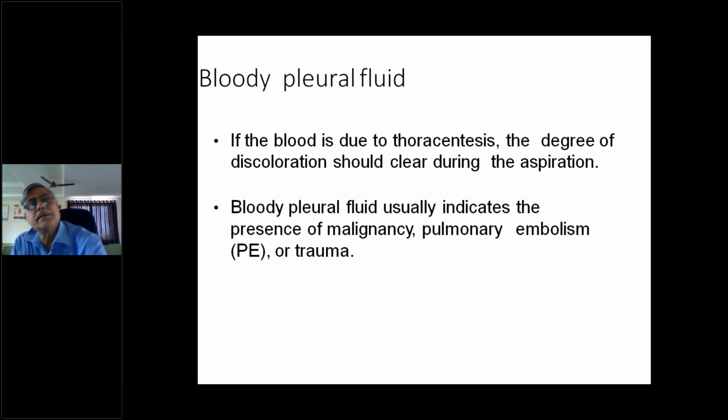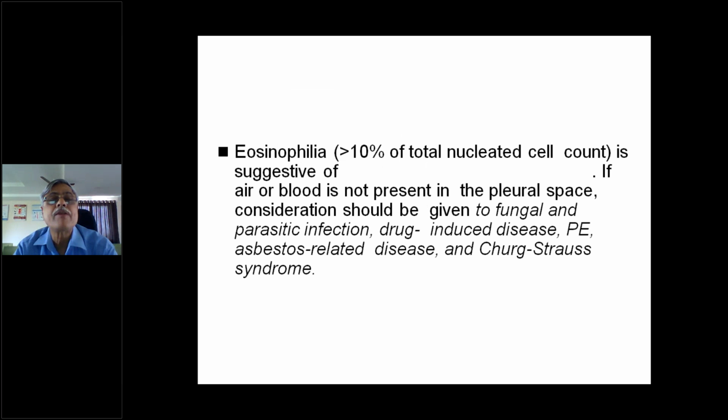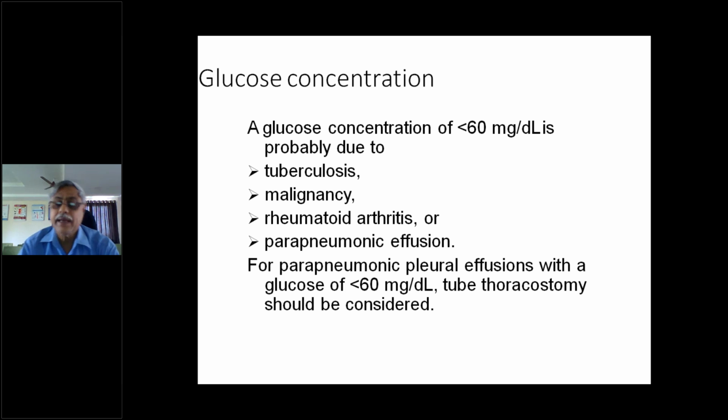So of course, here bloody pleural fluid is there because of hemothorax. It may be due to malignancy, it may be due to pulmonary embolism, or from lymphocytosis. Now again, there are other differences apart from Light's criteria, regarding the glucose and the pH. Protein, of course, is more than 3 grams, and the ratio between this and that is more than 0.5. And you must always know that cholesterol also should be more than 40 milligrams.